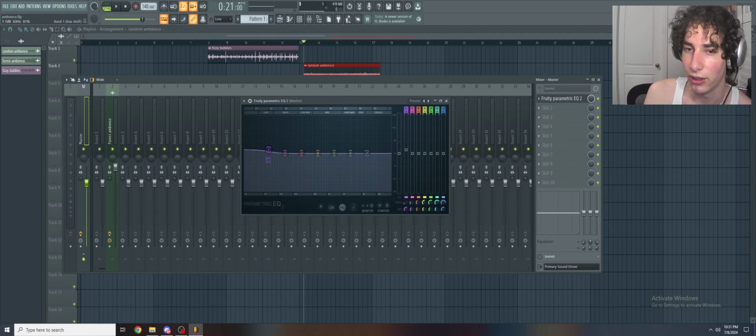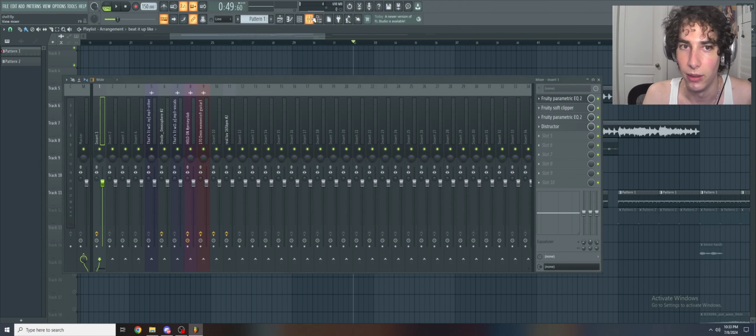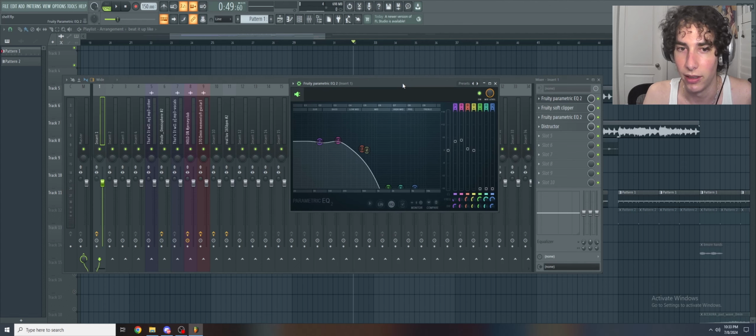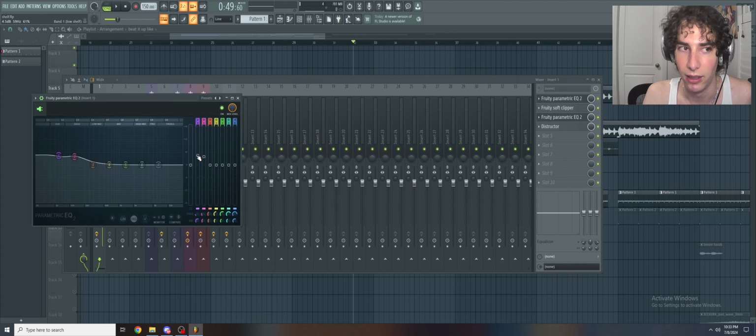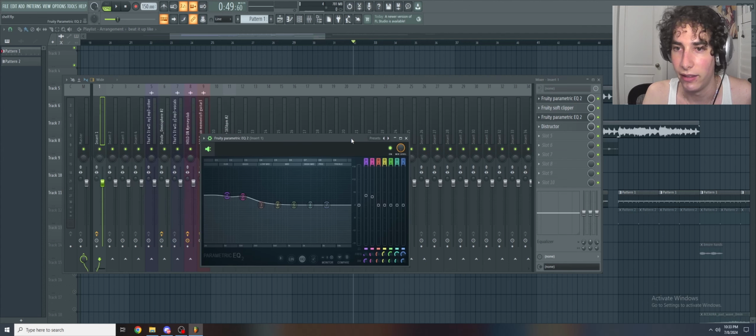You can also boost or cut a lot more when you're using shelves, whether it be for the low end or the very top high end. I've seen people go crazy with this. Let's look at what I'm doing with shelves for this bass on a WIP I'm working on. So we're boosting it like 4.1 decibels, and then again, we're gonna boost it another 4.5 and